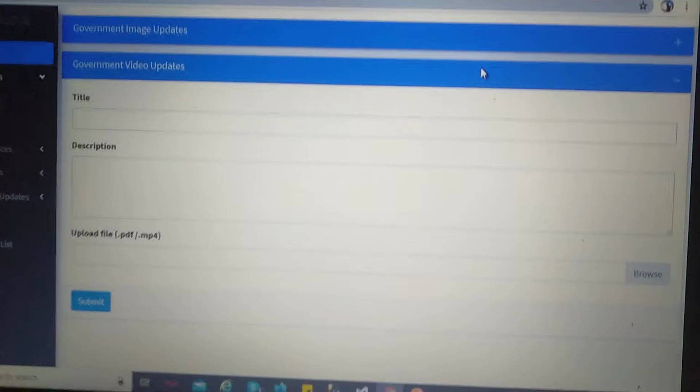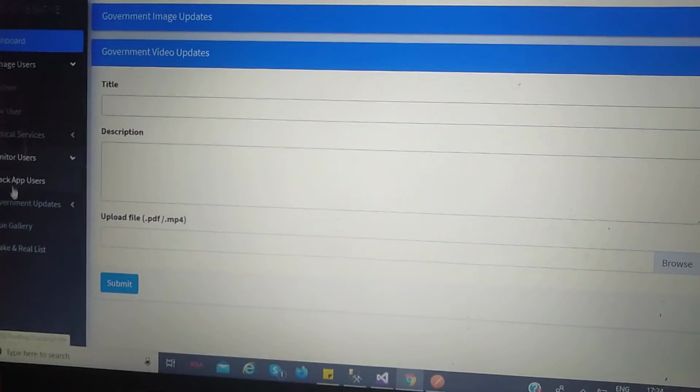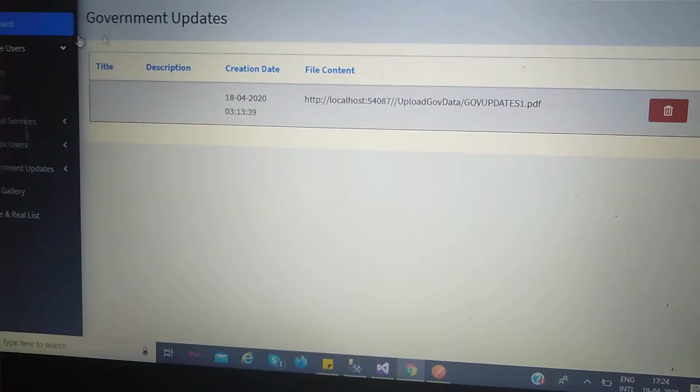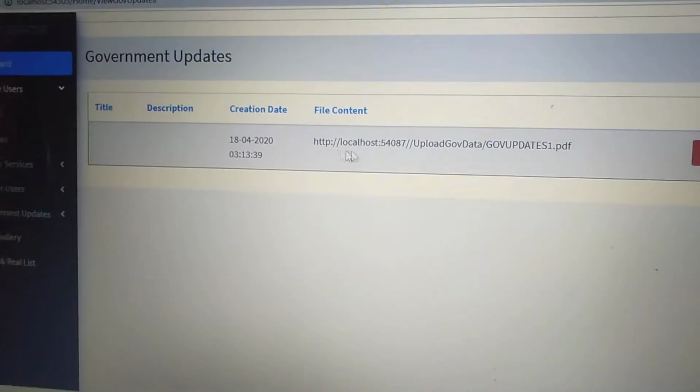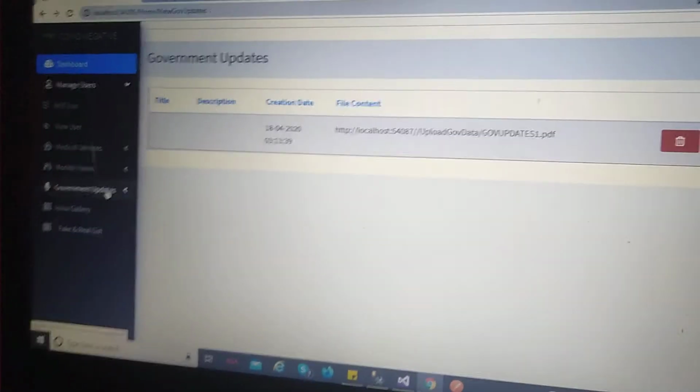Title, description, uploading the file, it will be automatically updated in the government section of the application that I previously showed you. Then this is how they have updated it, and if the government wants to delete it, they can even delete it.